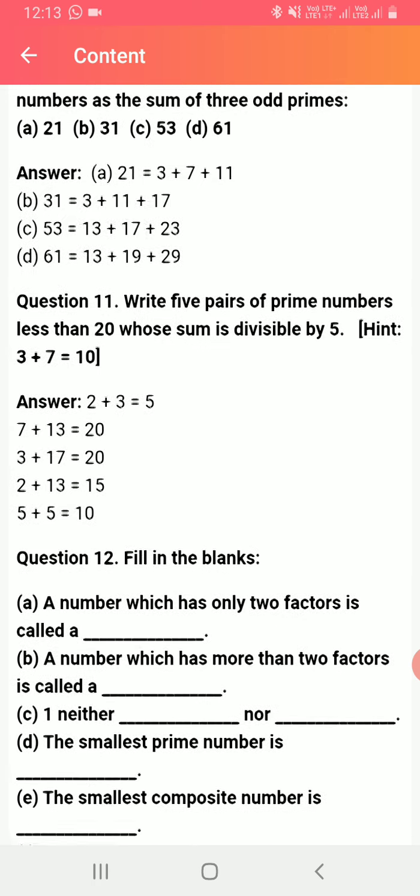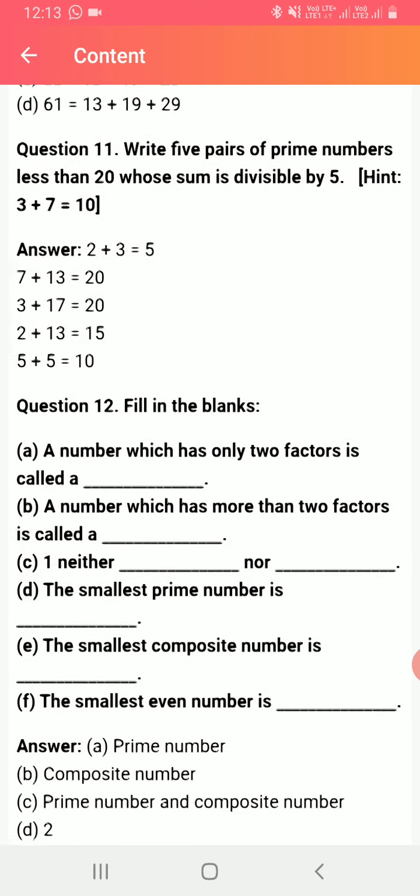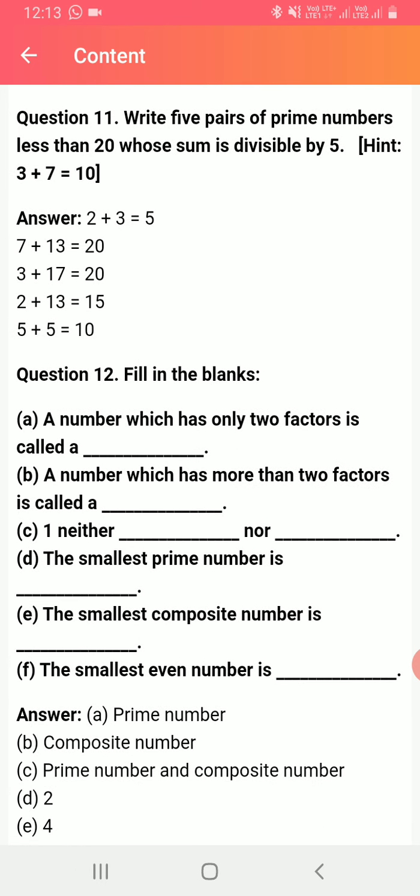Okay, so here is one for you. First one, you see, they have taken 2 plus 3. 2 is a prime number, 3 is a prime number. Yes, of course. When you add them, what will you get? You will get 5. 5 is a multiple of 5, isn't it? 5 ones are 5. 7 plus 13, you will get 20. 20 is a multiple of the fifth table. 5 fours are 20. 3 plus 17, 2 plus 13, 5 plus 5. In all these cases, you can see they have chosen only prime numbers. When they add two prime numbers, they get a result which is a multiple of 5.